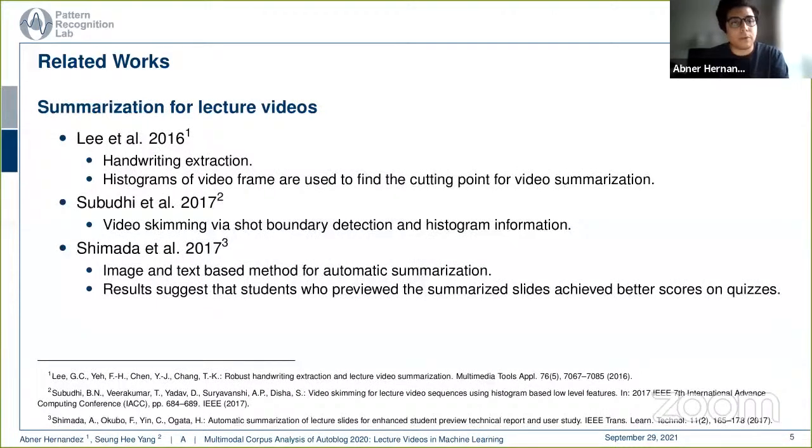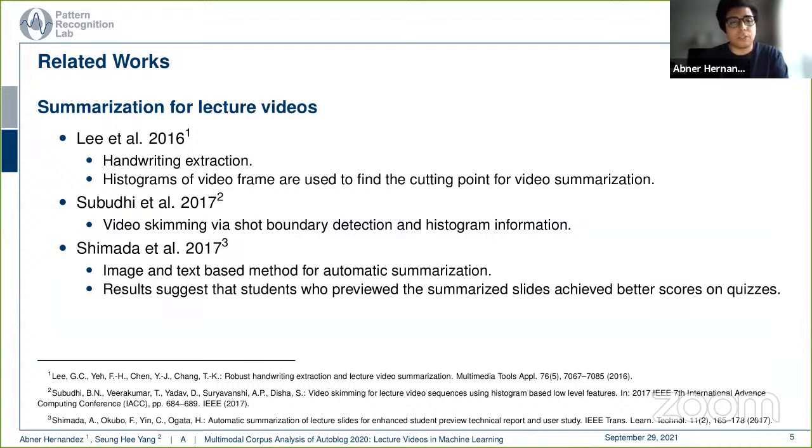And similarly with summarization, we have studies looking at handwriting extraction using histograms of video frames to cut for important segments in the video, looking at video skimming generation using shot boundary detection along with histogram information, and also looking at image and text-based